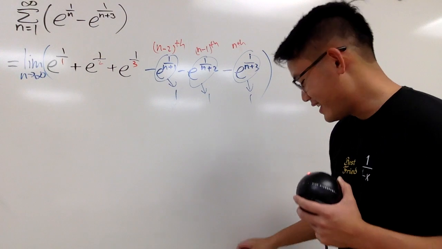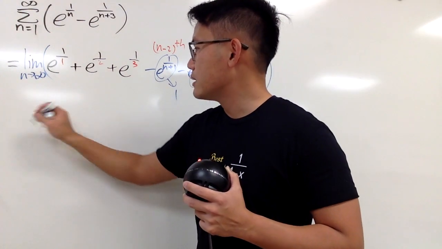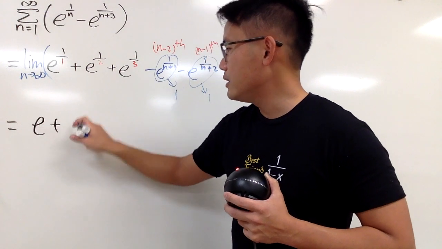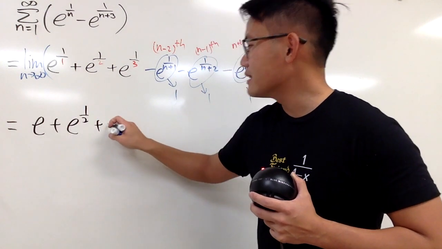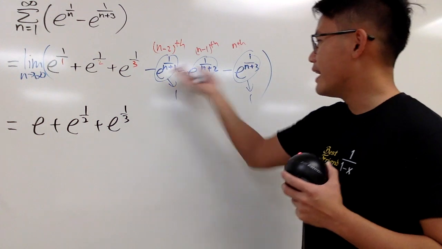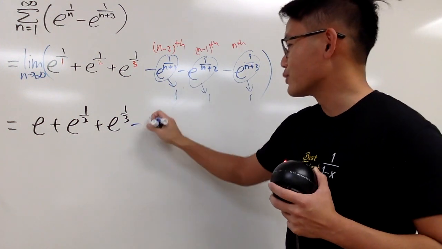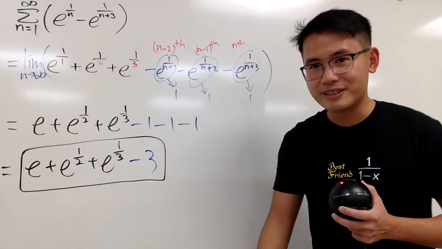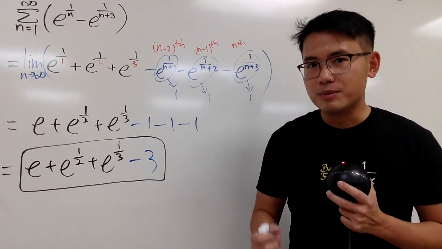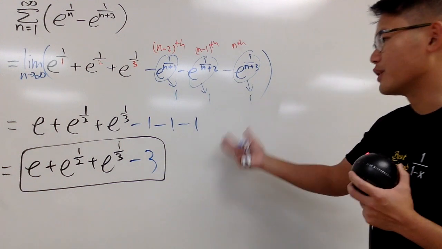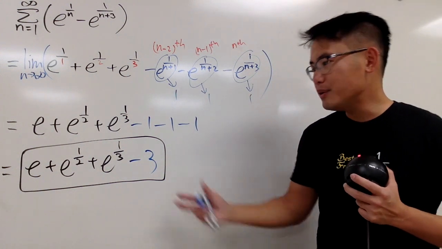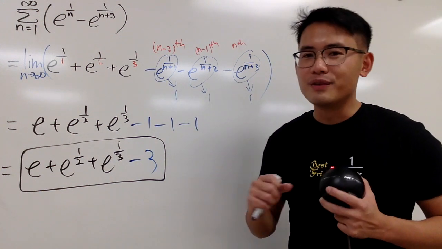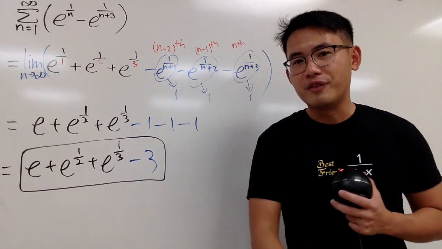So what do we get? We see that this will give us e to the 1st power plus e to the 1/2 power, and then plus e to the 1/3 power, and then you minus 1, minus 1, minus 1. So this will be the exact answer for this telescoping series. So if you don't want to write down a lot of the terms and see the cancellations, then this is how you can do it, and just make sure that you do it carefully, and you can still end up with the correct answer. Anyway, hopefully this helps, and hopefully this clears the mistakes I made in the previous video,